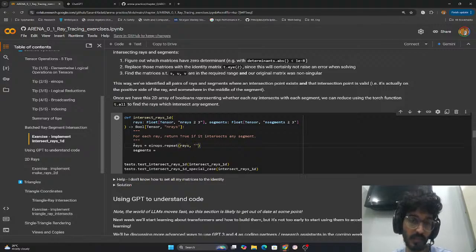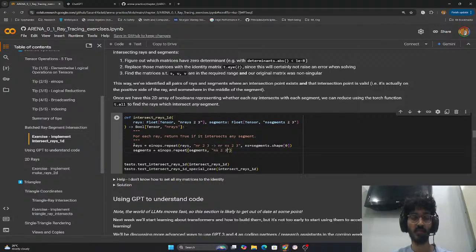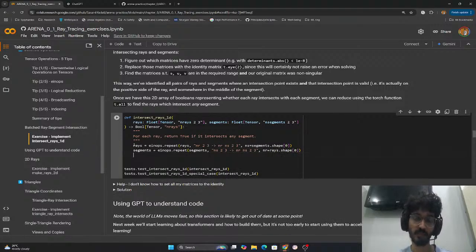Rays is shape 2 comma 3. Let's make it NR, NS, 2, 3, where NS is segments dot shape of 0. Similarly, repeat this to NR, NS, 2, 3, where NR is rays dot shape of 0. And